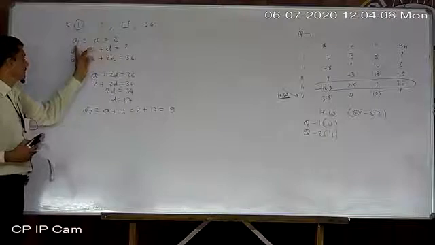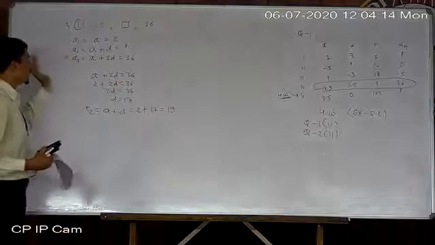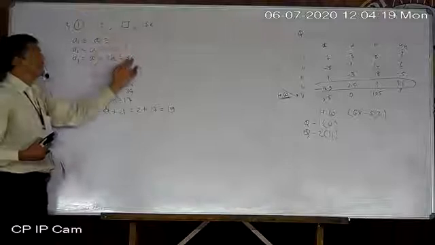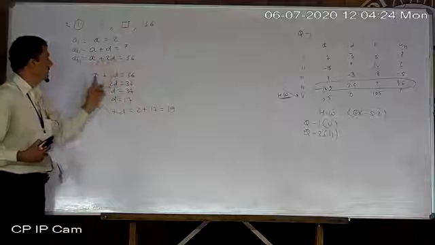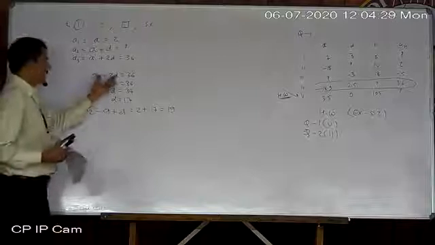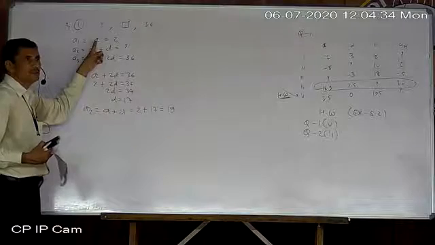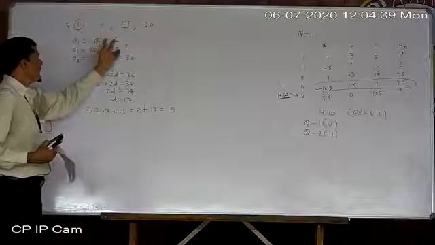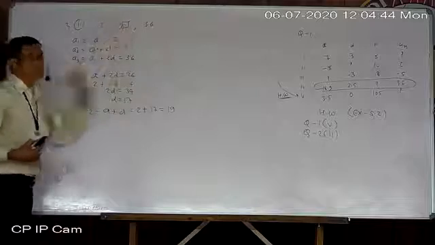First of all A, first term. Second term is A plus D. Third term is A plus 2D. Likewise, fourth term will be A plus 3D. So this way you can write. Now whatever is given, write down. Now try to solve any equation. The third equation we can solve because in the second one nothing is given. So we got D. After getting D, A is already there. So after getting A and D, we will have everything. Using A and D both, we got the second term.